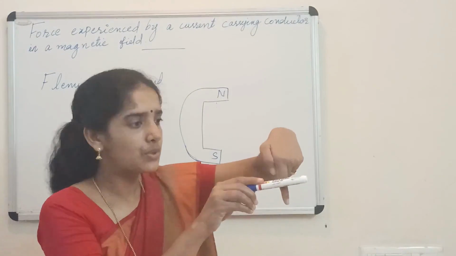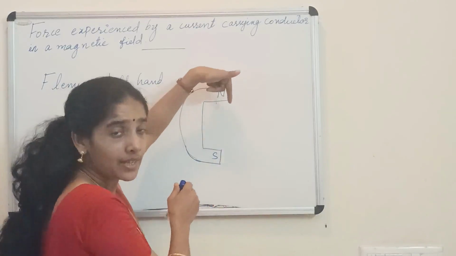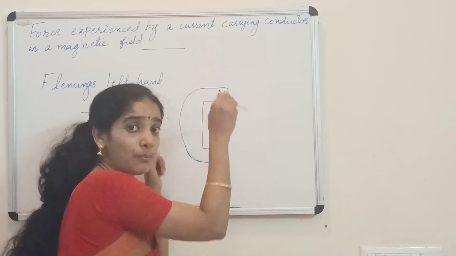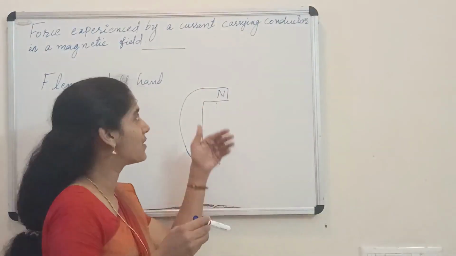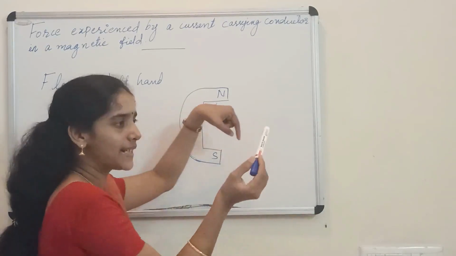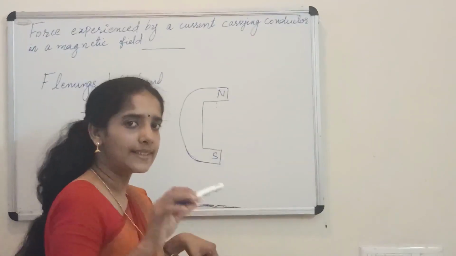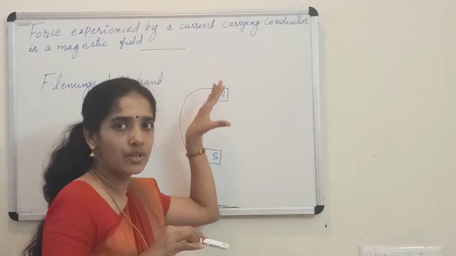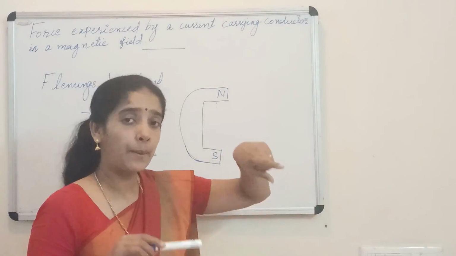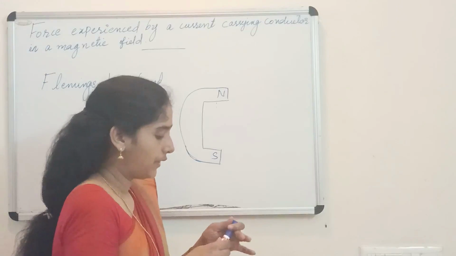So here you see, when I draw this figure on this board, field lines are vertically downward, then the conductor should go into the board. But I cannot show this into the board because these two are at 90 degrees, perpendicular to each other. So when I draw this conductor on this board, it appears like the conductor is lying in the plane of the board. Actually it is not like that. This conductor is perpendicular to the plane of this board. Why? Because field lines are already in that plane and the current should be perpendicular to the field lines. That means the current carrying conductor is perpendicular to this plane. But in the figure it appears like this.